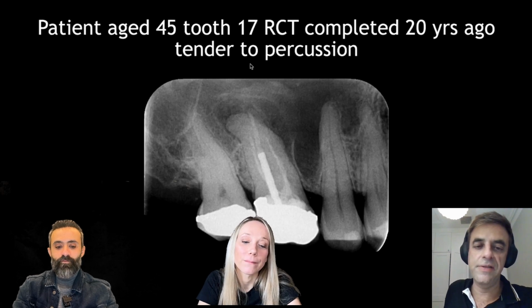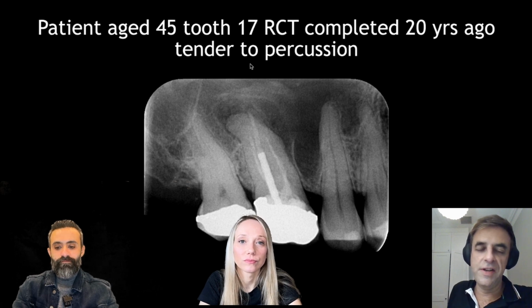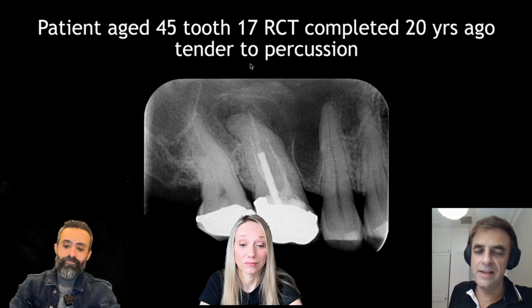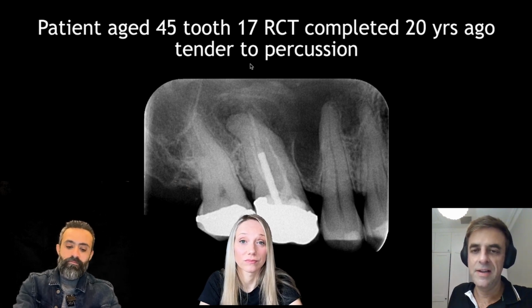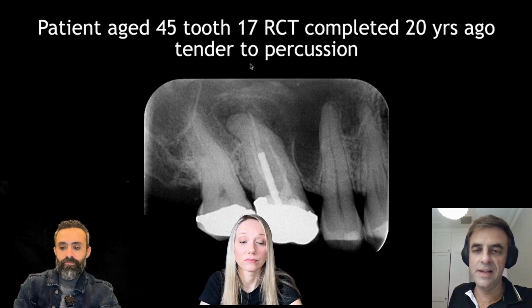Yeah, that's a very good point. This is a good clinical situation where this patient was 45 years old. So if I look at this patient's sinus and I think, wow, it's quite pneumatized, and basically an implant's going to be a challenge here. So the patient is 45, so they've got many years to live. So we're going to have to try and hold on to this tooth as long as possible, because an implant,